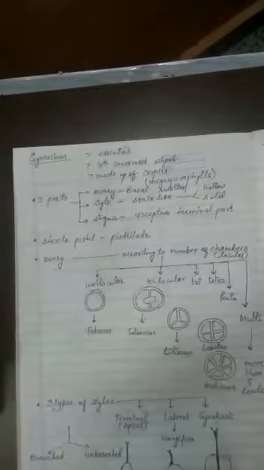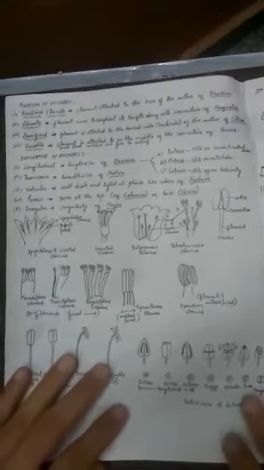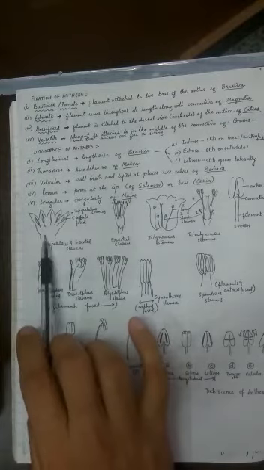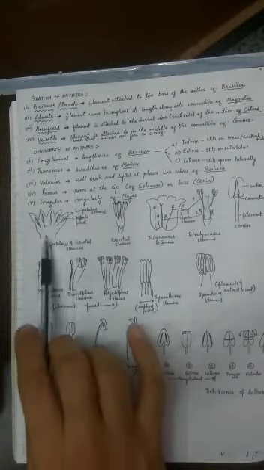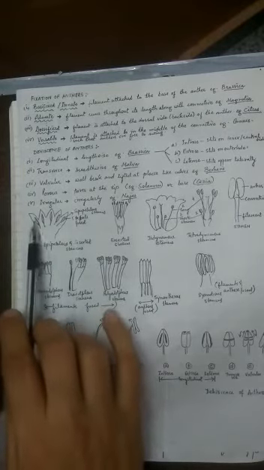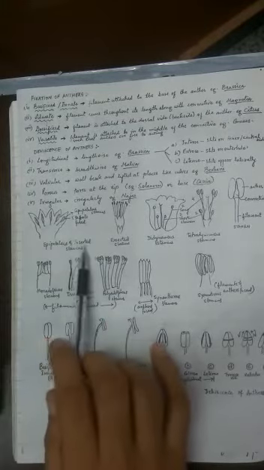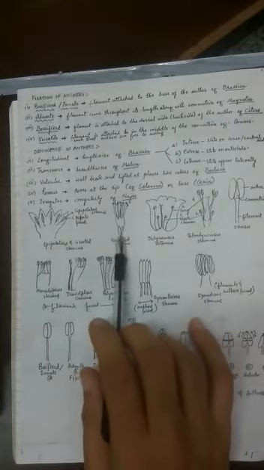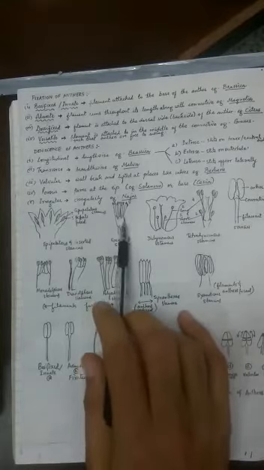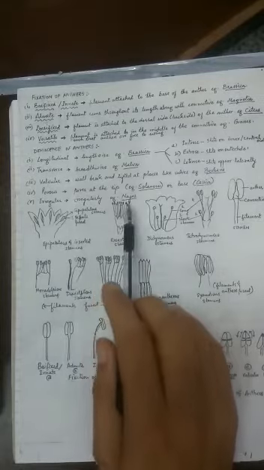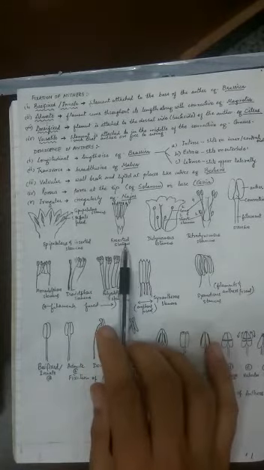Now let's quickly understand these things from the diagrams. So when the stamens are attached to the petals, they are called as epipetalous. You can easily see here one more thing, that the stamens are not coming out, they are smaller than the petals, so they are also called as inserted. In this case, you can see these are the sepals, these are the petals, and you can easily see stamens are outside. So whenever the sex organs are outside, they are called as exerted.